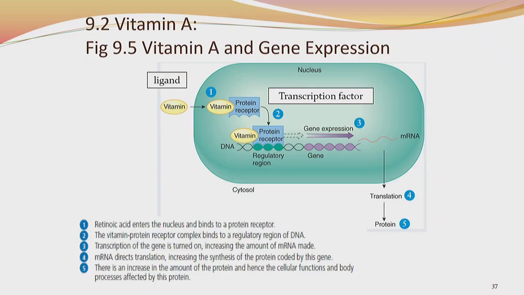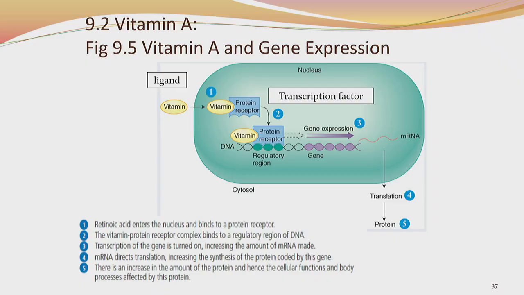If you recall, this diagram looks very much like what we'll be seeing for vitamin D. We did see it yesterday for vitamin D, but I just wanted to talk about those two functions again. So we want to look at how vitamin A plays a role in gene expression. What vitamin A does is bind to a protein receptor. By binding to a protein receptor, we have a vitamin protein receptor complex, right? And it is this complex that in turn will bind to a regulatory region in the DNA,